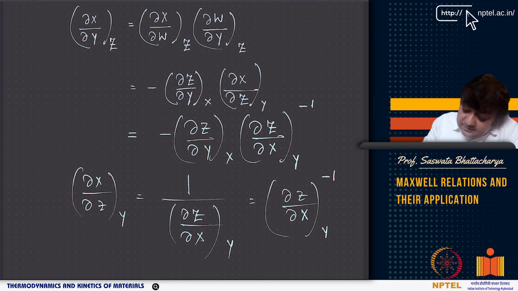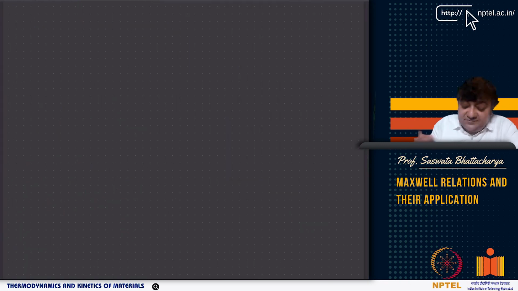Now this relation is quite interesting, right? It's a cyclic relation, a chain rule. How does it come? So let us look at this. We have already discussed that, but again, just to recollect,